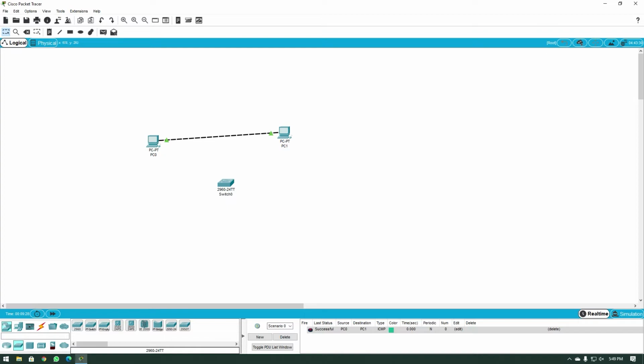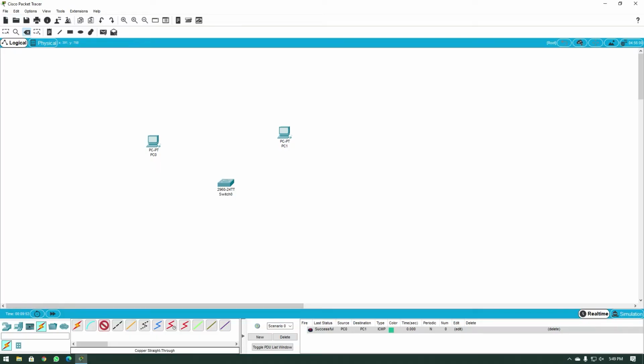I want to delete this wire because I want all my computers to be connected to the switch over here. So I will click on this icon which says delete, and I'm going to delete this wire by clicking on it. I'm now going to go to connections. Now, since I'm going to connect my PCs to switches and they are different devices, we can connect the straight cable, which is called the copper straight through.